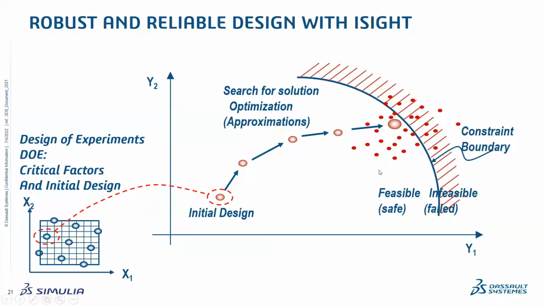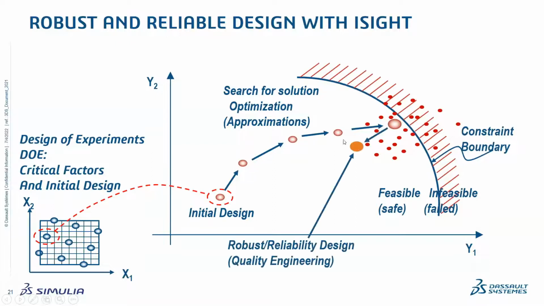where we add some level of variance into each of the parameters and see whether it's still falling within your feasible space or within the space that is required, or it is falling outside the space. So that way we can finally